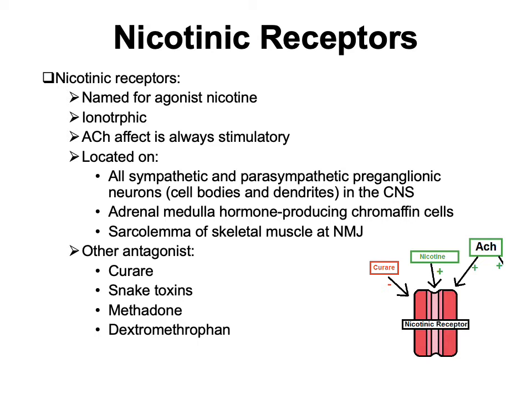They're located on all sympathetic and parasympathetic preganglionic neurons, their cell bodies and their dendrites, and in the central nervous system. The adrenal medulla hormone-producing chromaffin cells also have nicotinic receptors, as well as the sarcolemma of skeletal muscles at the neuromuscular junction. Other antagonists of nicotinic receptors are curare, which is a type of dart poison, snake toxins, methadone, which is a step-down drug treatment,